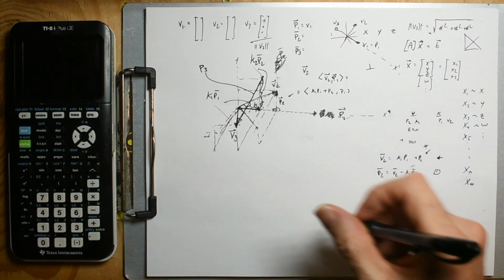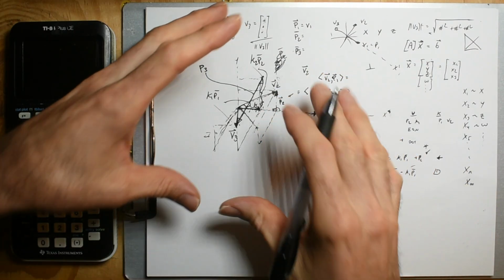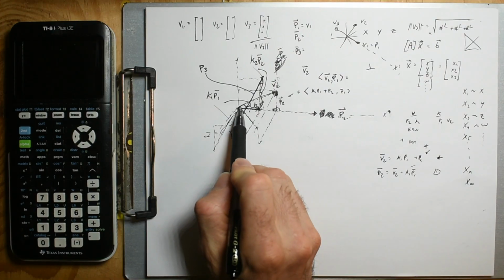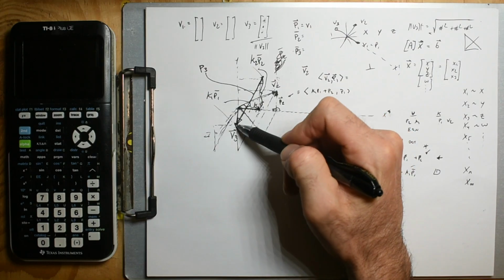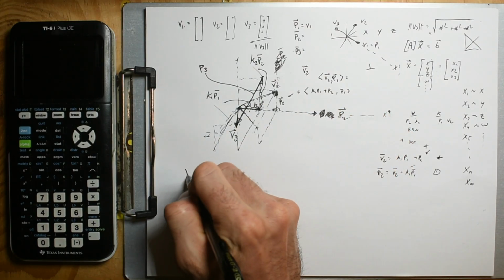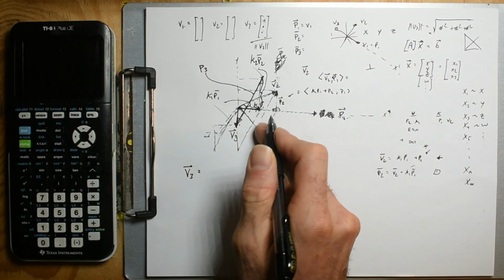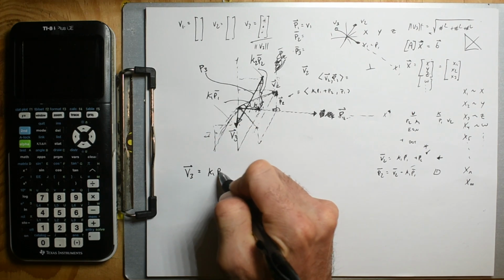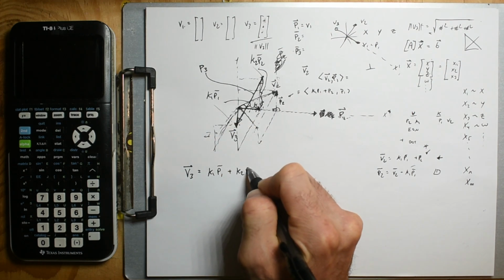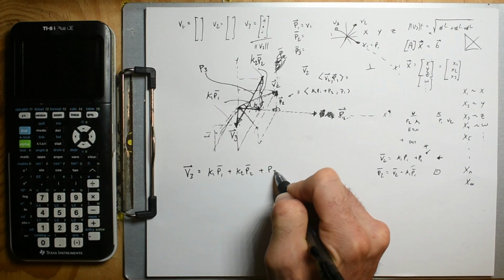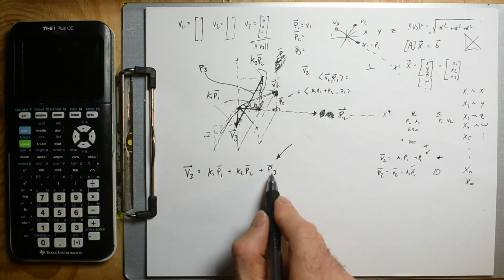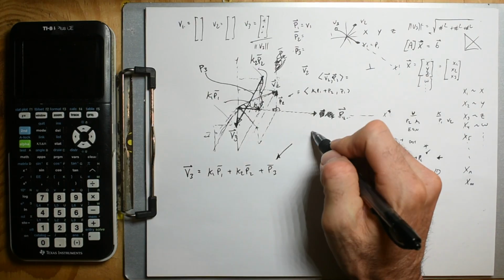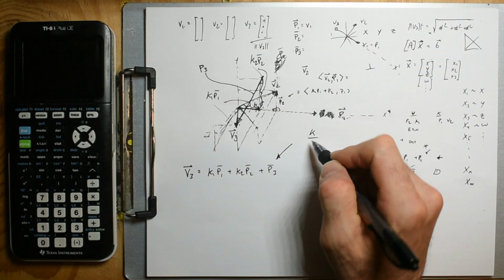Alright, hell yeah. If I made this video again, I would really hone in on this picture. We have K1, P1, and then K2, P2, and then we have our perpendicular. So when we do our equation, we're going to say V3 is K1 P1 plus K2 P2 plus P3. Right off the bat, we already have an equation for P3. We know what P3 is. So our knowns are,